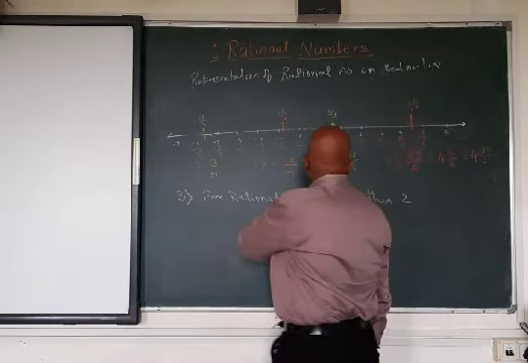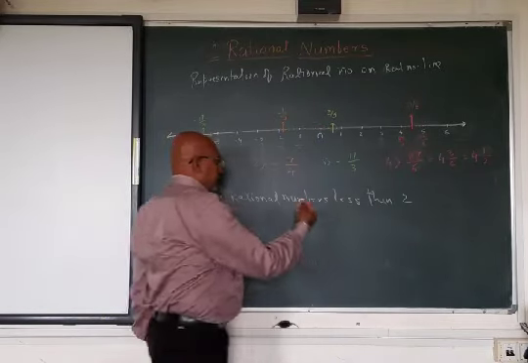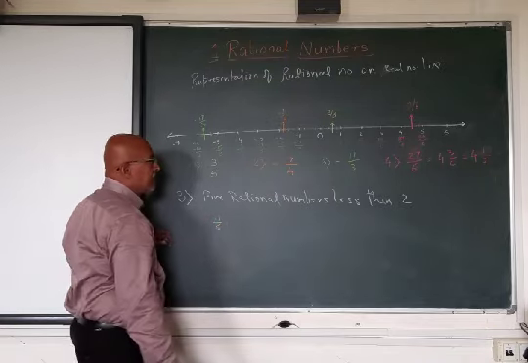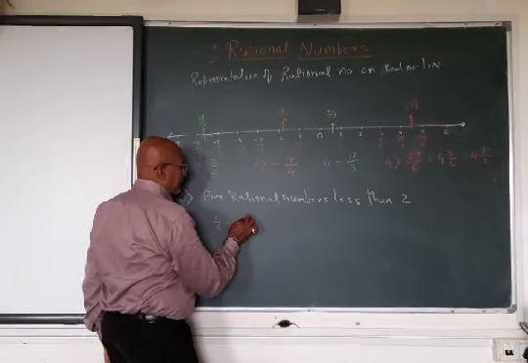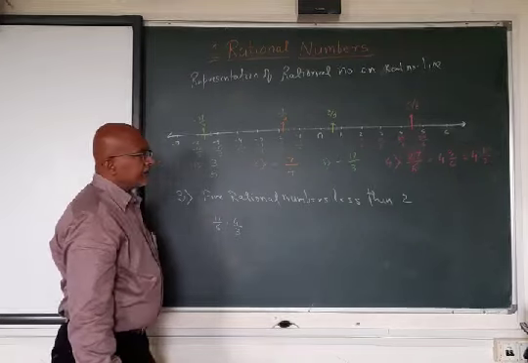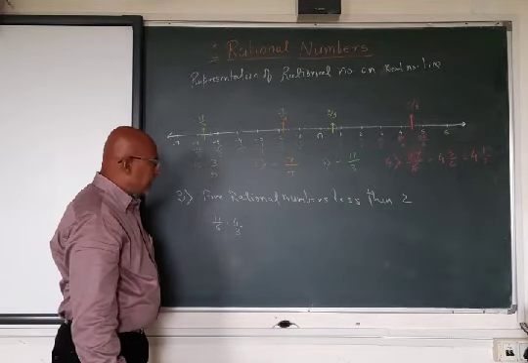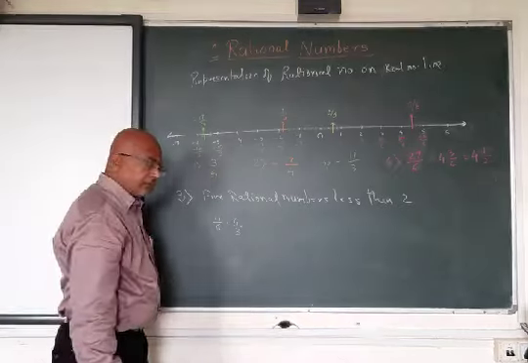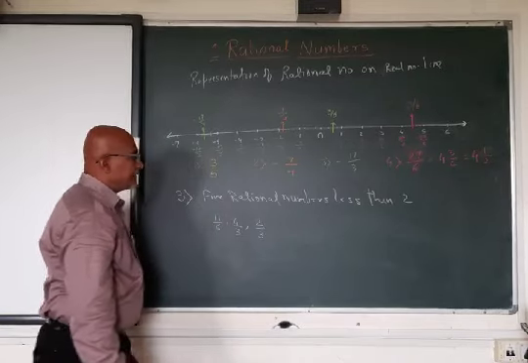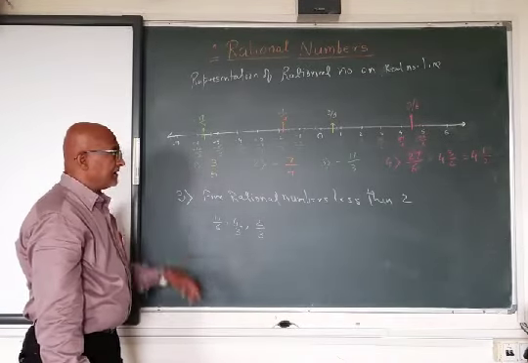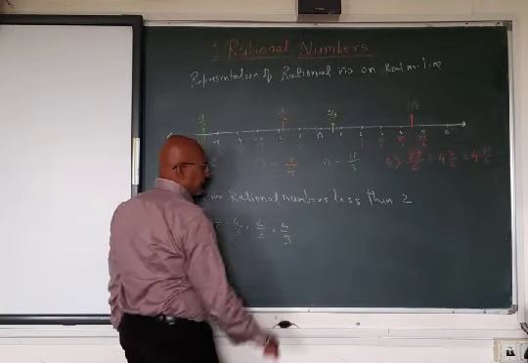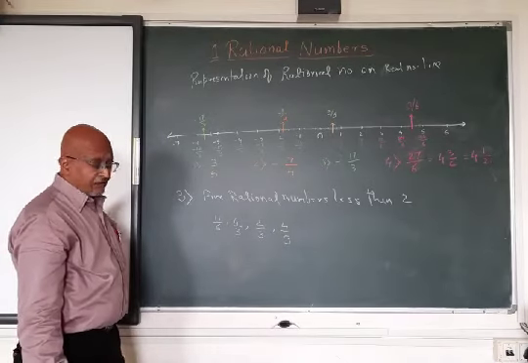If you take, I will write 1 by 6, which is less than 2. I can write 4 by 3. Where this comes, 4 by 3, it is less than 1, so obviously it is less than 2 also. I can write 2 by 3 also. Now 2 by 3 is again less than 1. I can write 4 by 5 also. Now 4 by 5 is again less than 1.